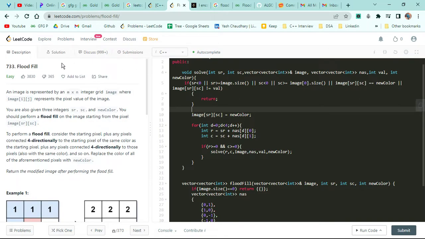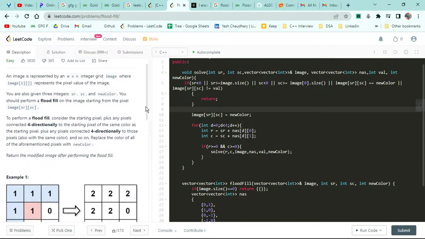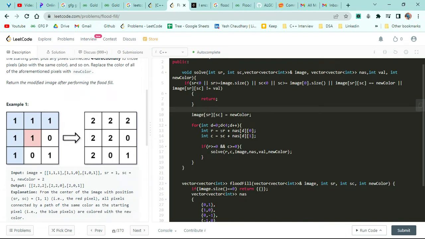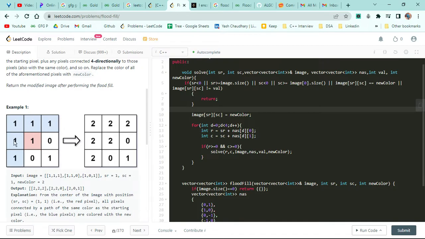So we have this question, Flood Fill, LeetCode 733, and it's basically a recursion and backtracking question. In the previous video, I showed how these different directions work. Whenever you are presented with a grid, you will be provided with different directions allowed to travel. For example, in this question,